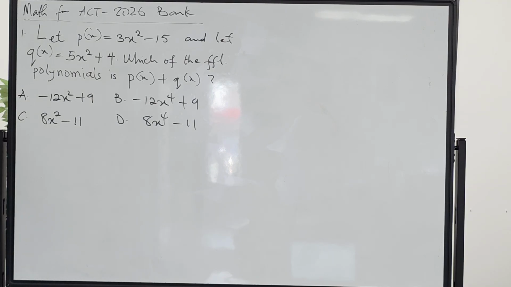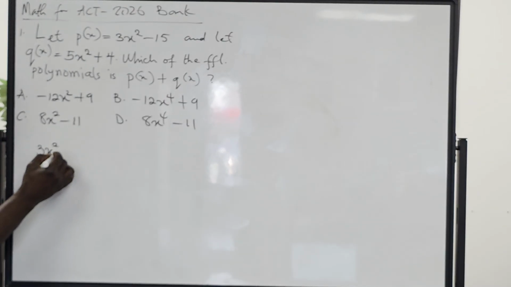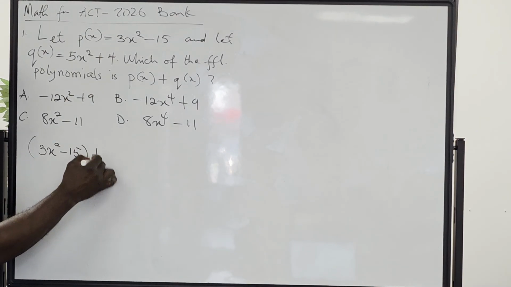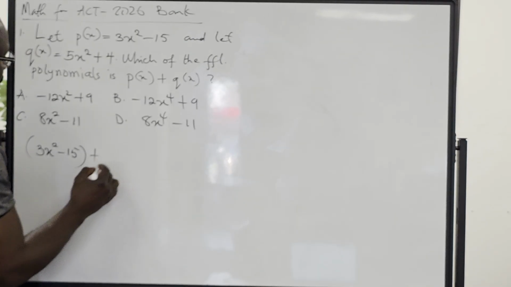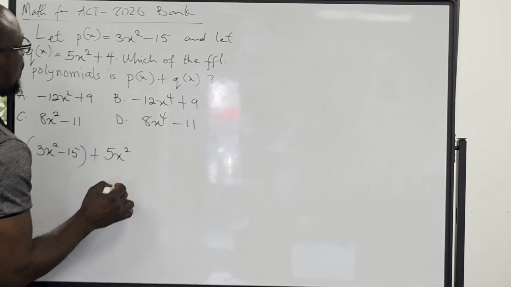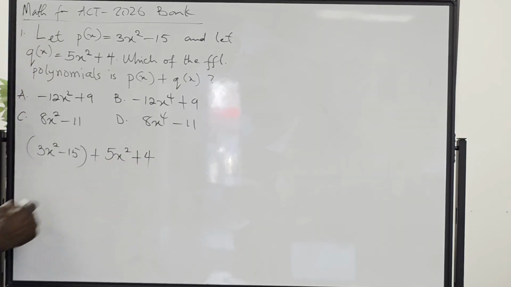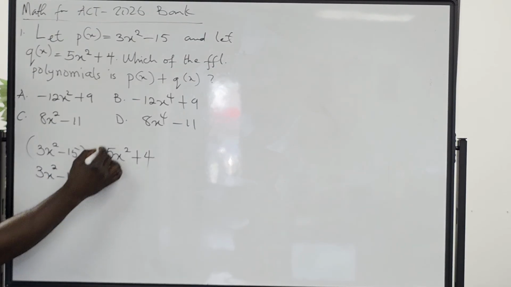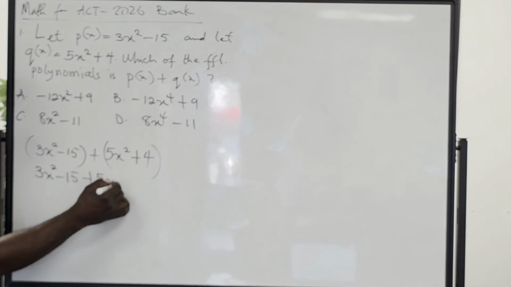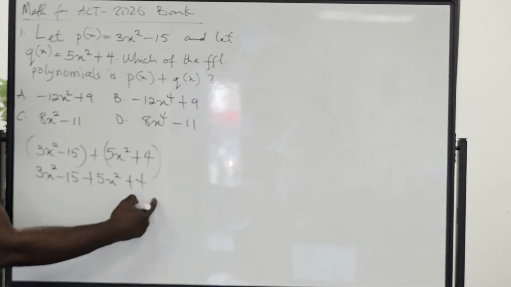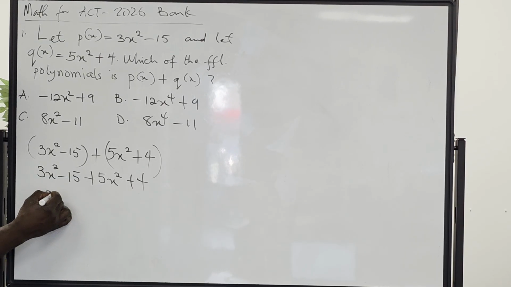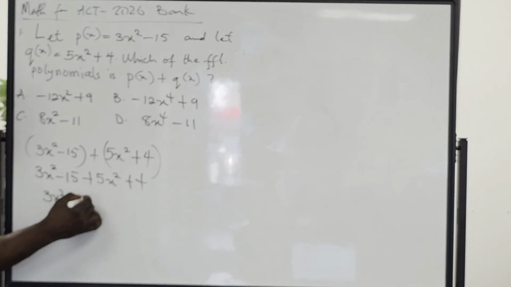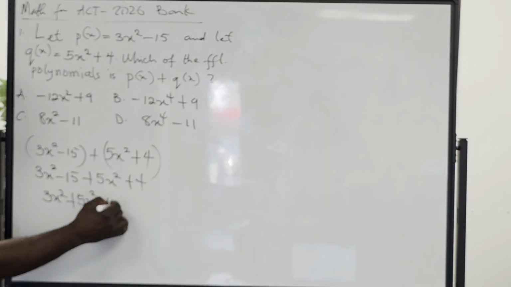Which of the following polynomials is P(x) plus Q(x)? So what is P(x)? P(x) is 3x squared minus 15, plus Q(x), which is 5x squared plus 4. Now let's expand this. So this is 3x squared minus 15 plus 5x squared plus 4. If you bring like terms together, you have 3x squared plus 5x squared minus 15 plus